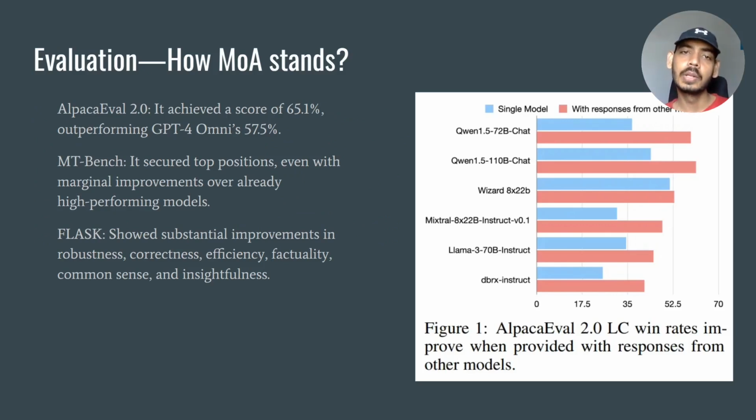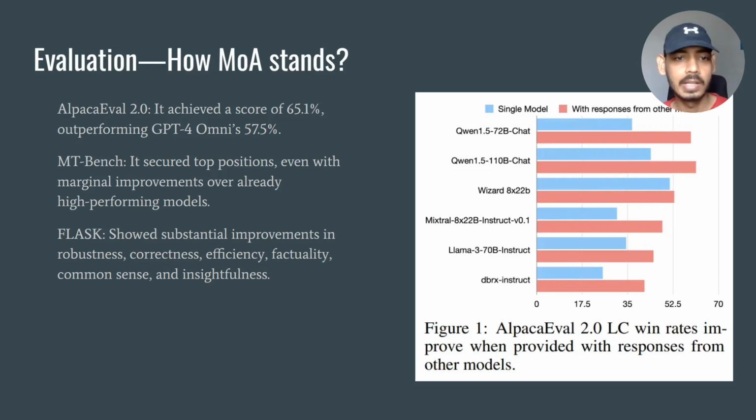So when you compare the results from MOA against other large language models on various specific benchmark datasets, if you see AlpacaEval 2.0, it achieved 65.1%, outperforming GPT-4o, which results in 57.5%. And there is MT-Bench, where it gives the top position even with a marginal improvement over an already high performing model. And on the FLASK dataset, there were substantial improvements in terms of robustness, correctness, efficiency, and factuality,